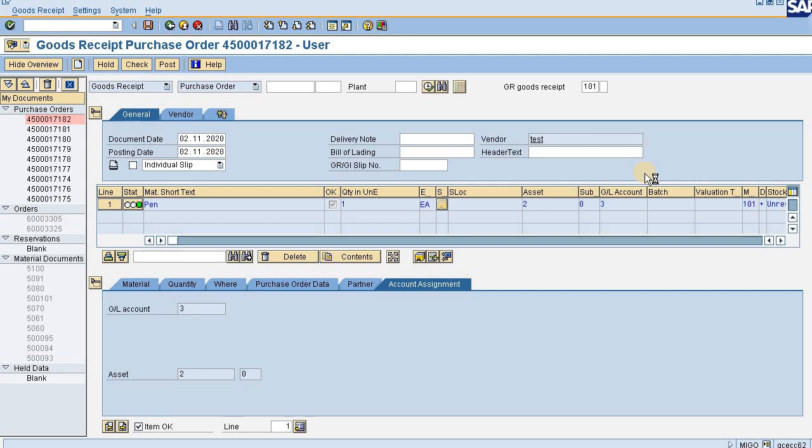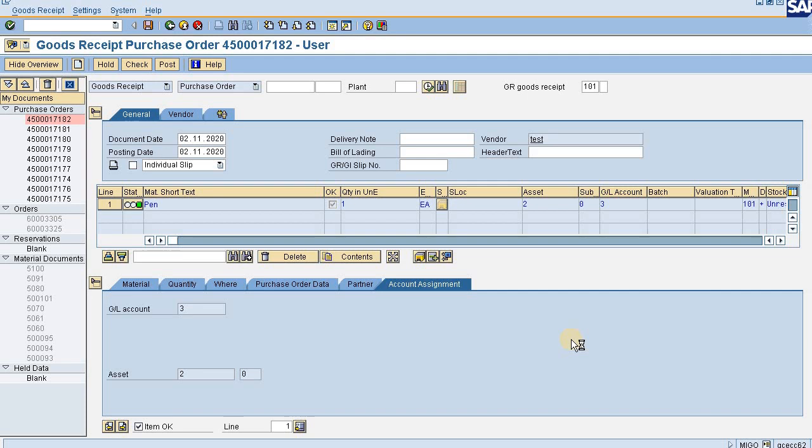As we are purchasing the asset, we are receiving the asset. So goods received is happening against the asset. So the asset is coming in, hence the asset would be debited as expected. So I have clicked on the post button. Accordingly the GR document, the goods received document, would be posted.